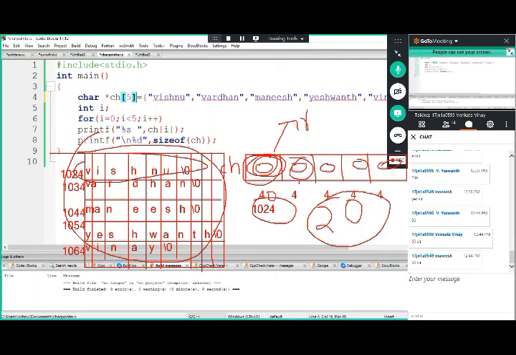If I print ch of 1, what is the value of ch of 1? Let's count this one. 1 2 3 4 5 6 7. Let's add 1024 plus 7. 1031 will be the difference between the first location and second location will be 7. Why? Because the first location needs only 7 bytes of memory.